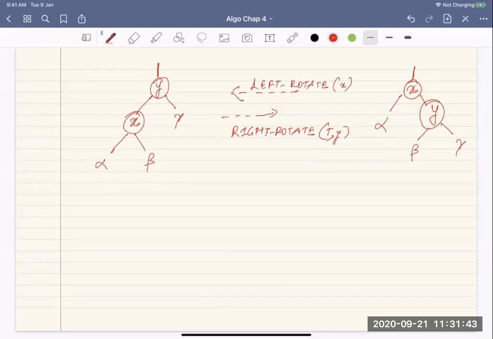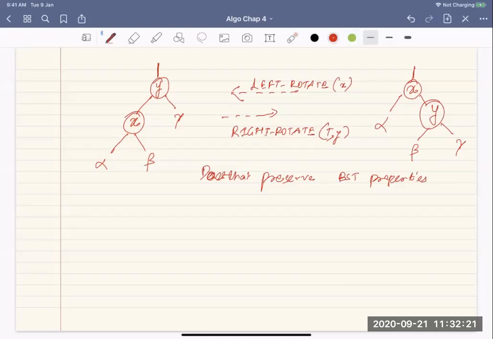Now, first of all, does that even preserve the BST properties? So let's see the order of the keys. How do I put the keys in this tree in a sorted order? I can do in order traversal. In order traversal, what is that? Left, root, and right. Left, again left, root, right.